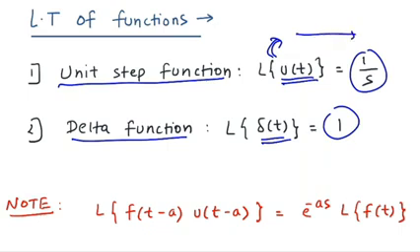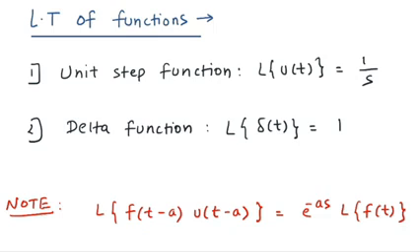If you want to see the graph of u of t, it's very simple. This is the axis where time is present. So when your time is 0 and it is going up till infinity, from 0 to infinity the amplitude is 1, and when your time is less than 0, the amplitude is 0. This is the graph of a unit step function. For the delta function, at time 0 the function works. When your time is greater than 0 or less than 0, the amplitude is 0. In this video, we are going to see a lot of examples on these functions.